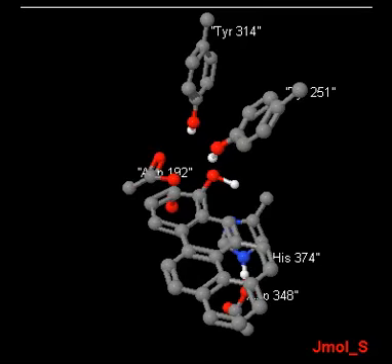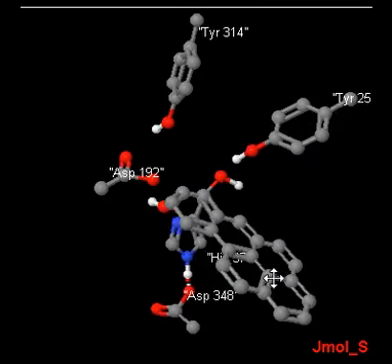One suggests an SN2 attack by the aspartate oxygen on carbon 8 of the epoxide ring after protonation by a tyrosine, shown here, and the other provides for the opening of the epoxide ring without the assistance of the aspartate nucleophilic oxygen. This is known as an NIH shift mechanism. Both result in the opening of the epoxide ring at carbon 8 and the eventual formation of benzoapyrene 7,8 diol,